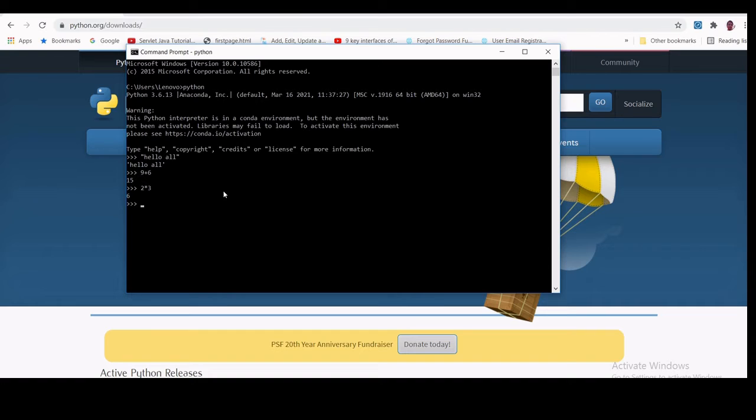This is a simple Python shell, you can say. But all the things you are writing here are not saved on your machine, because this is a normal Python shell. You give the input and get the output in the same window. But what if you want to save it on your machine, write your code, run your code, everything at a time?